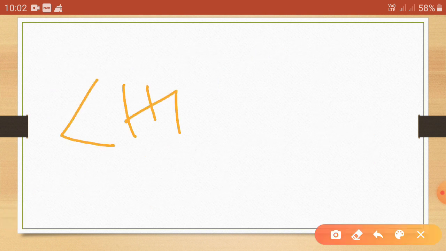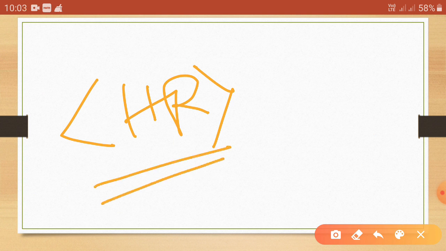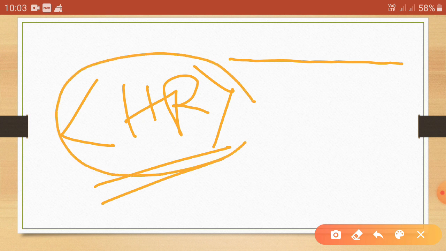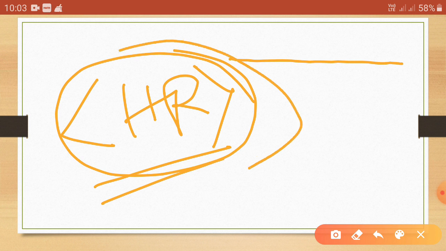Basically the hr tag represents a thematic break in the text, you can say a horizontal line. Here it only has a start tag, no stop tag. So in an HTML document only this tag is used, there is no stop tag for hr.